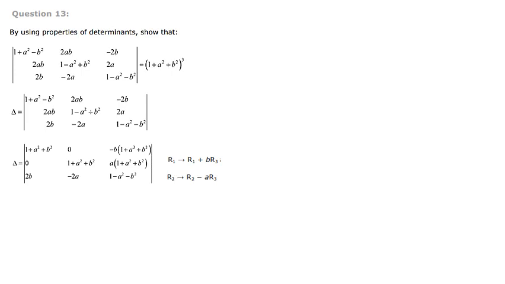So next is again r1 changes to r1 plus b r3. r1 is here 2ab, then minus 2a into b, that is 2ab minus 2ab, 0. Next again here minus 2b plus b into r3. r3 is 1 minus a square minus b square. That we have to go for little rough work. Let's see. So minus 2b plus br3, that is b into 1 minus a square minus b square.